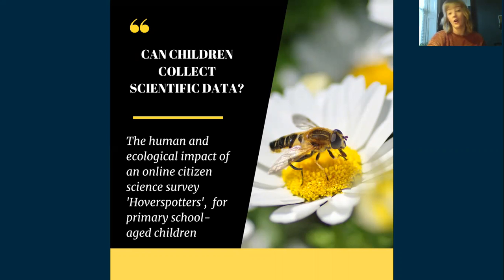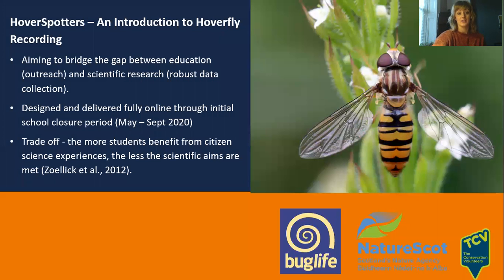The second is HoverSpotters. It came after this question: can children collect scientific data, and if so, how well and to what standard, and also what were the human implications of this? We wanted to understand not just education and outreach, but bridging the gap between scientists and citizen science